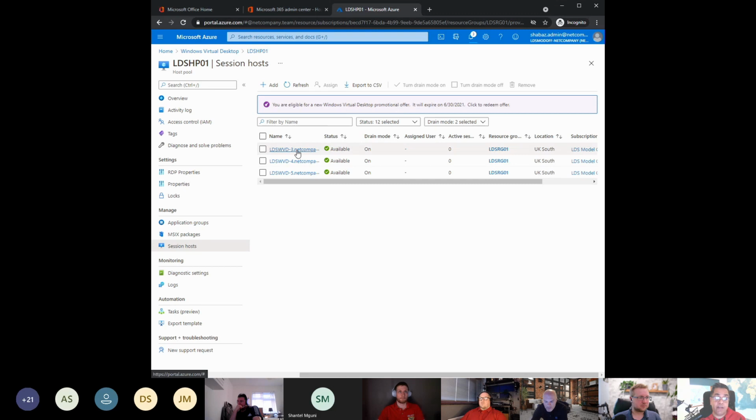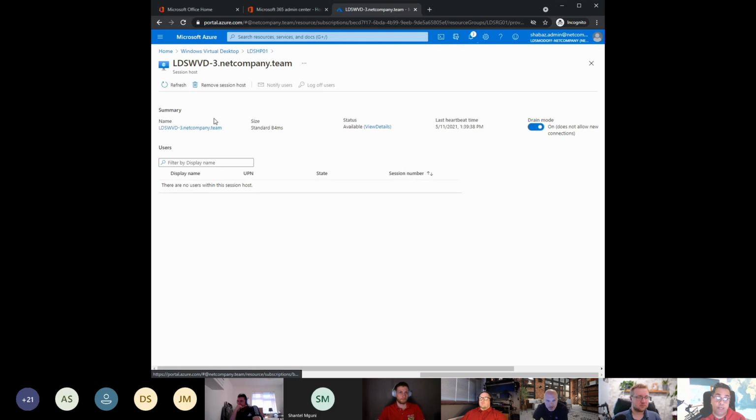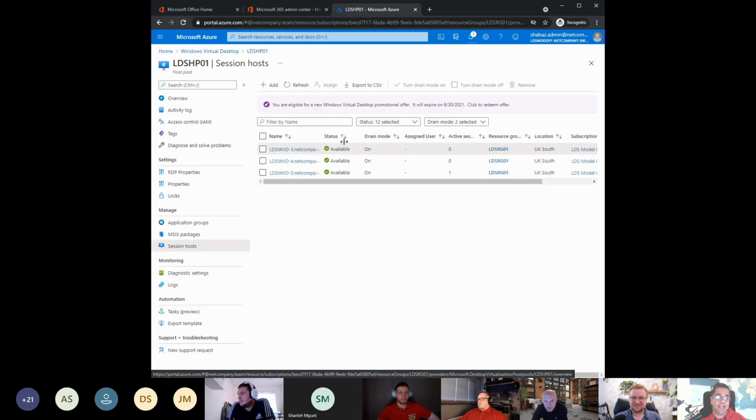Now, you have 2 options here. You can either ask users who are currently logged in to log out and log back in, or you can be really cruel and actually go in, and if anyone is logged on, you can log them off, or you can send a message to them or log them off. So you've got a couple of options there depending on how cruel you are. I'm nice, so I'd notify them first.